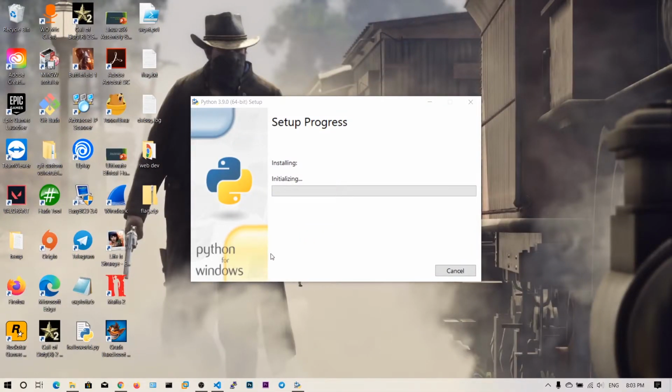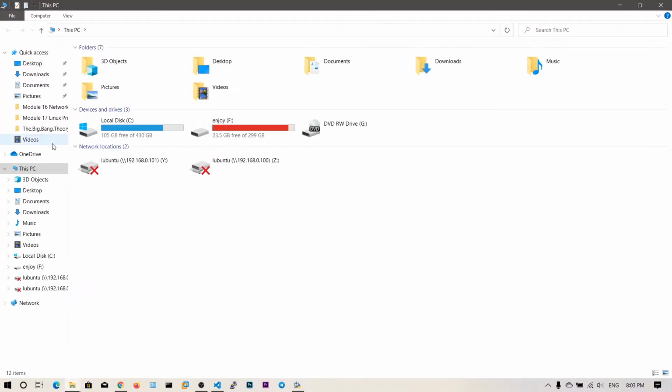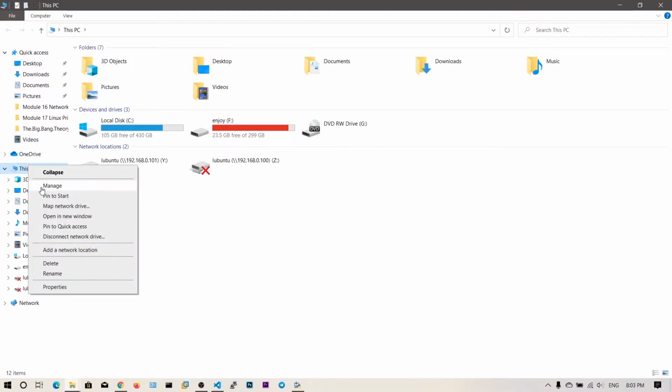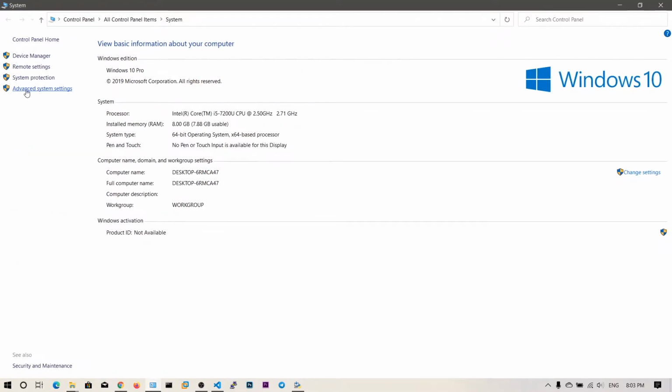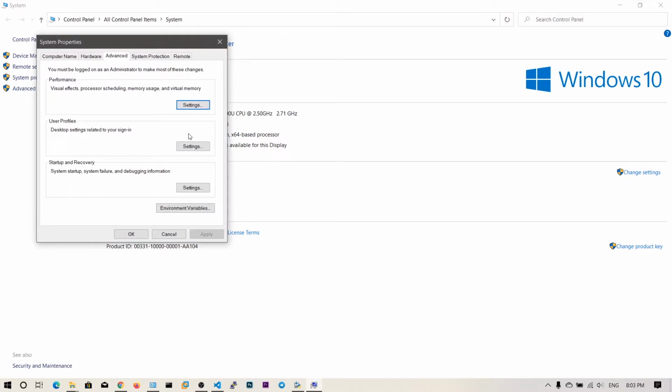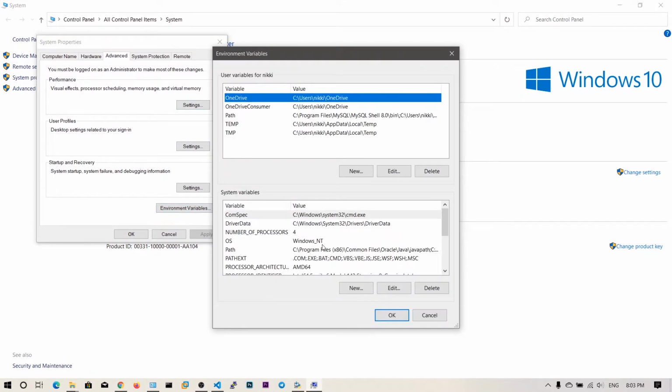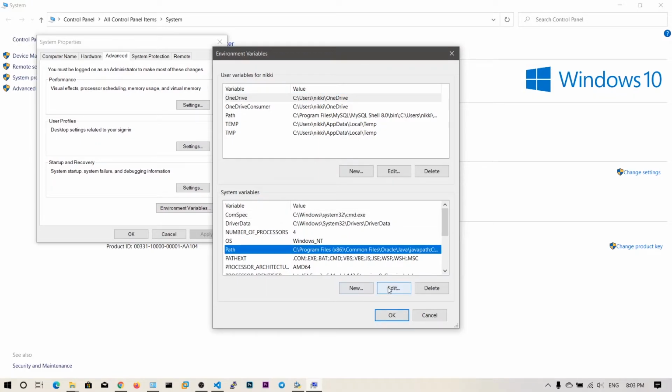If you did not check that box, add Python to PATH, you need to go to Windows Explorer, that is File Explorer. Right click on this and click on Properties, then click on Advanced System Settings, then Environment Variables, go to Path and click on Edit.